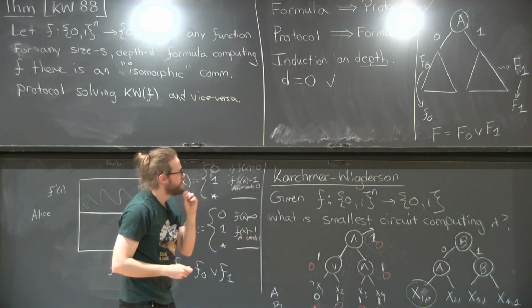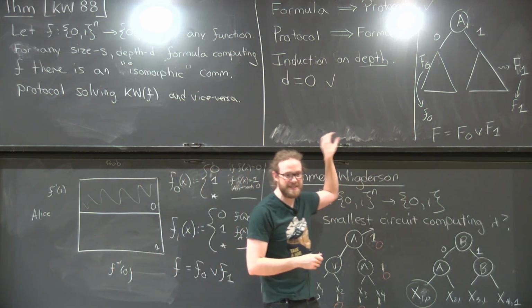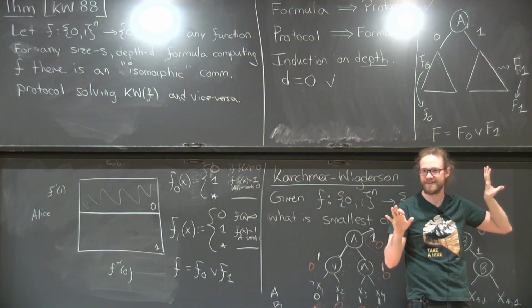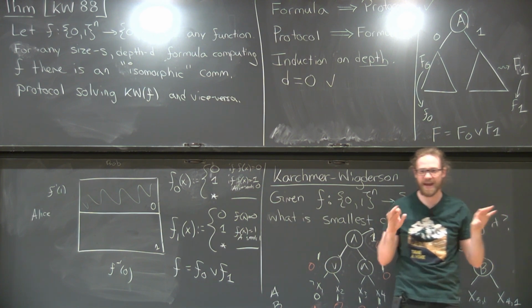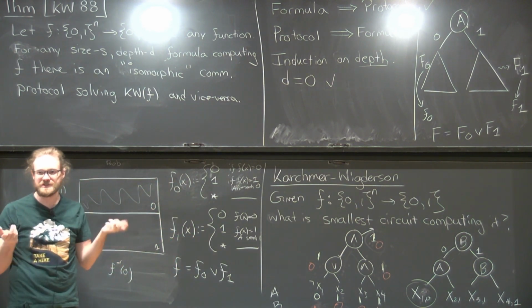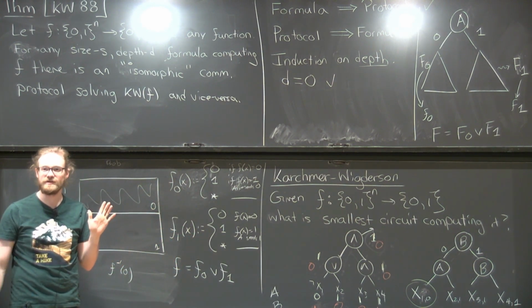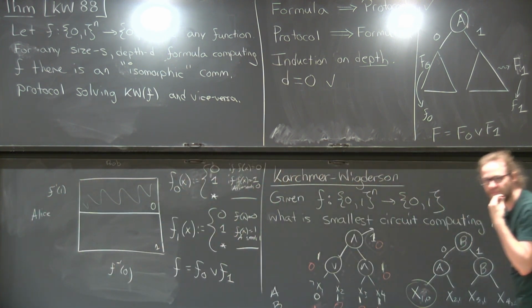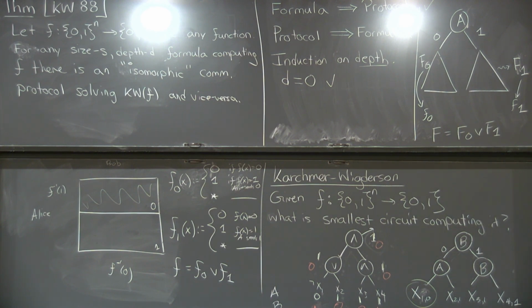So the main message of this theorem, I think, is really just that formulas and communication protocols for this problem are the same object. They're exactly the same. Any information that you could read from one, you can read from the other. It might be useful to look at one or the other for different purposes, but mathematically, they're totally equivalent. I must say that for us, when we formulated this very simple result, the main message to take home is that circuits are naturally objects that you look at bottom up.